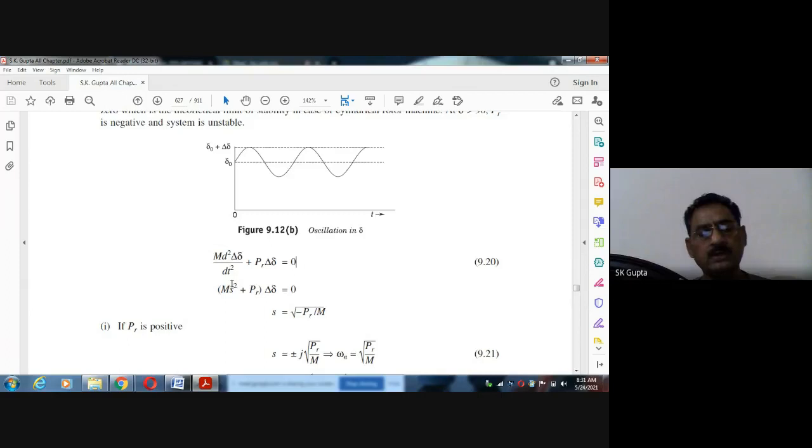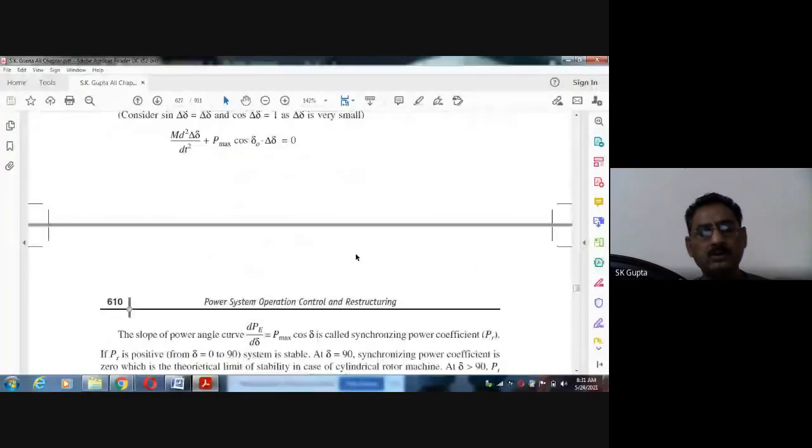So from here you can say Ms square plus Pr is equal to 0. From here you can write s is equal to plus minus under root of minus Pr by M. Okay, so now there are a few cases. Now there are two cases here, that if Pr, the synchronizing power coefficient, is positive. When will Pr be positive? You see, Pr will be positive when we are working in this direction, because